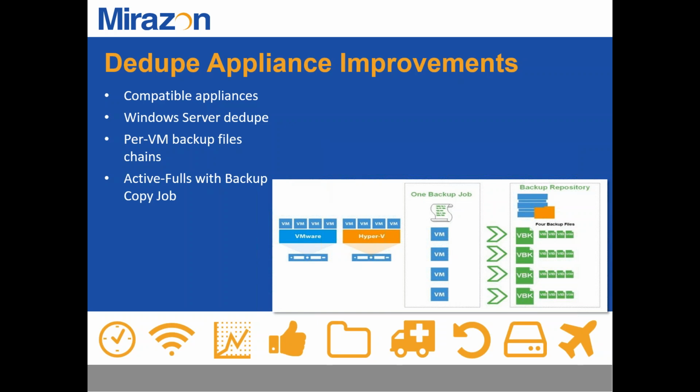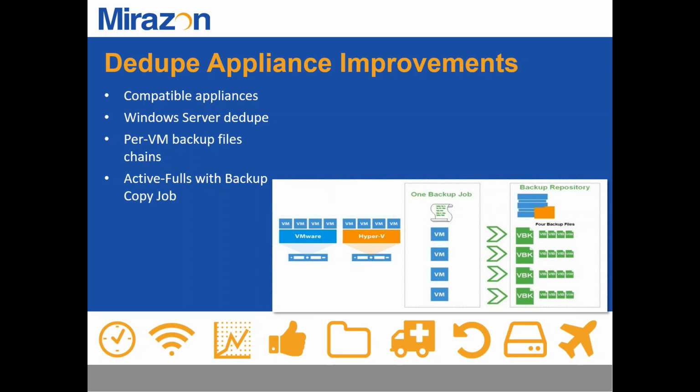We're dealing with maybe a 150 gig or 200 gig VBK. A lot easier. Yeah. Also, one big improvement we made in addition to that was active fulls for the backup copy job. So any of you that have been leveraging backup copy jobs for retention to do the GFS retention on disk